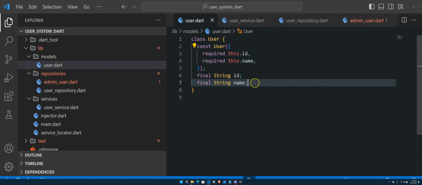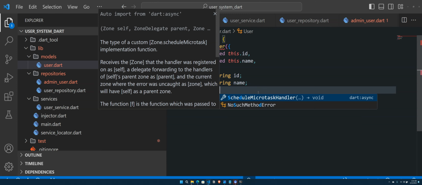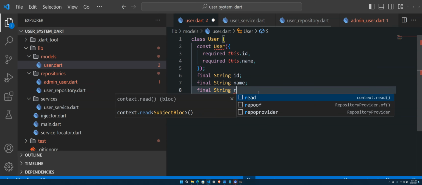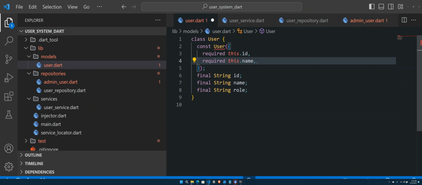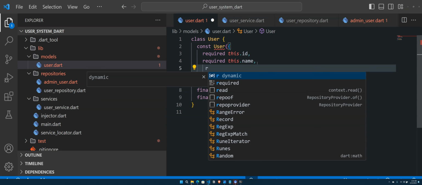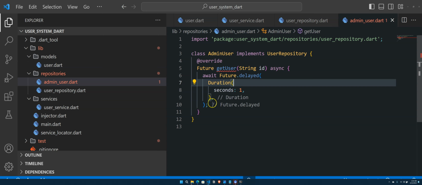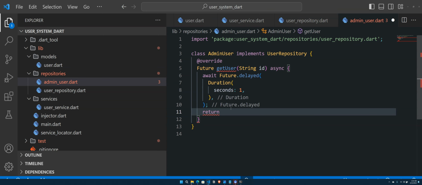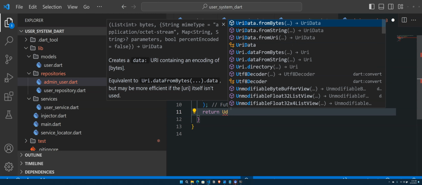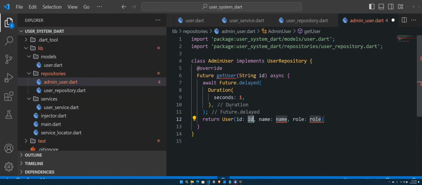In the user, we can have something else called role, a final String role, required via this.role. And yeah, we just return the user. Return user with the ID being passed, the name Caesar, and the role can be